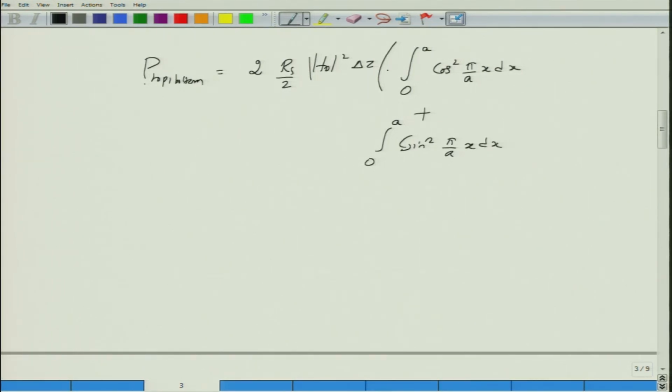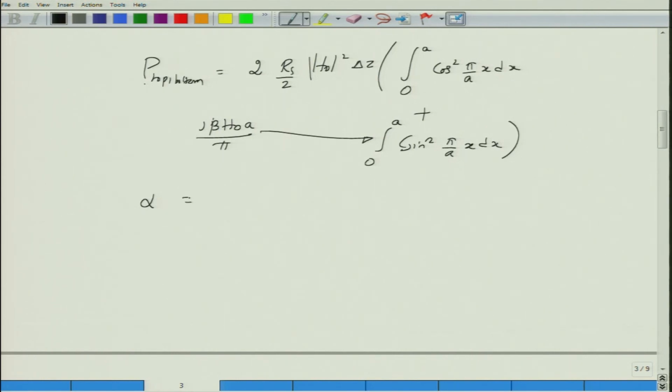So, the constant as I wrote was something like j beta H0 a by pi. So, actually you should put this one into Hx. So, this one goes to here, the magnitude square of this, of course. So, this goes into this one, and then for this H0 it would still be H0 as such. So, if you do this and then find out what would happen to this overall integral, well, you can show that after you found this and then divided by the power carried by the TE10 wave, which we actually solved in the previous module,